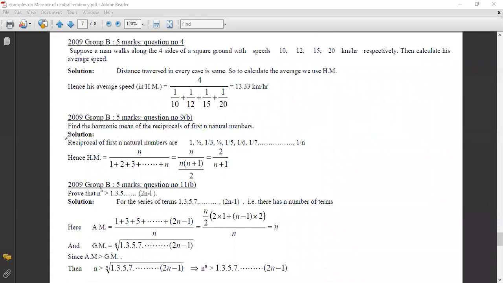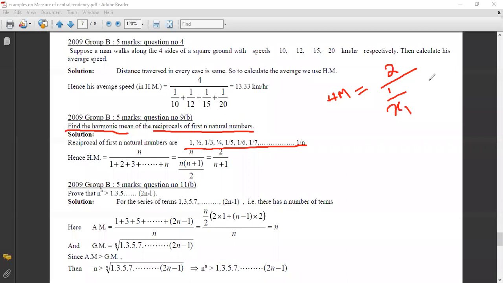first. Now what do you do? Find the harmonic mean of the reciprocals of first n natural numbers. So they are the numbers, and you have to find the harmonic mean of that. I repeat, if we try to find the harmonic mean of any two numbers, say the numbers are x1 and x2, what do you have to do? We have to write 2, because two numbers x1 and x2 are there, and you find the reciprocal of the numbers, 1 by x1 plus 1 by x2.